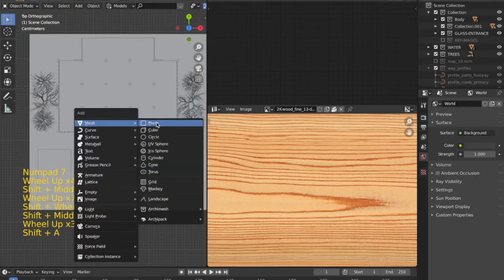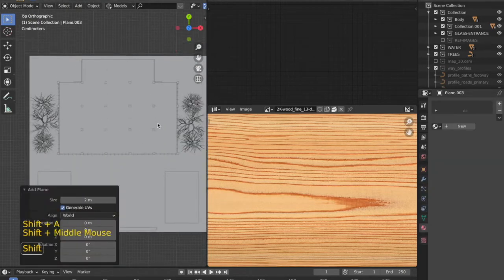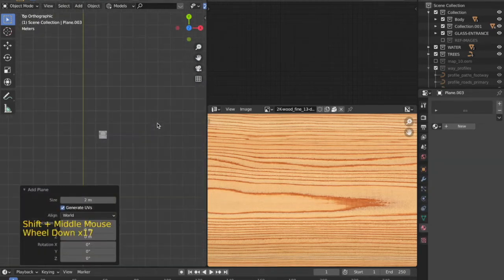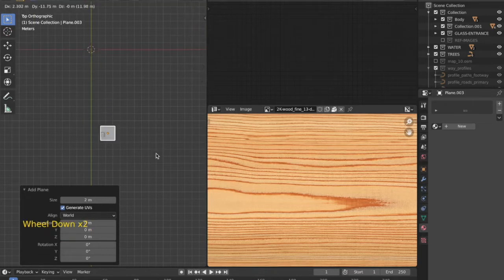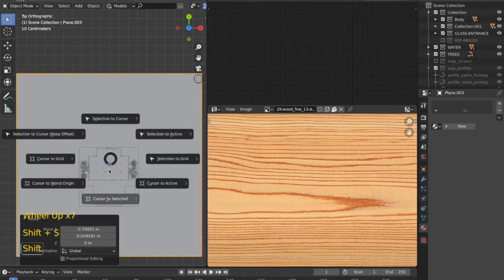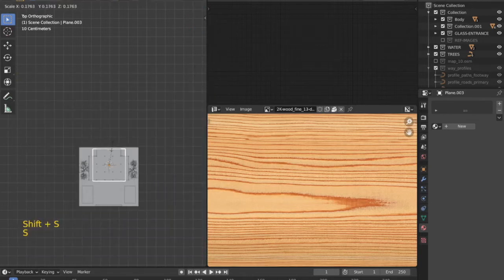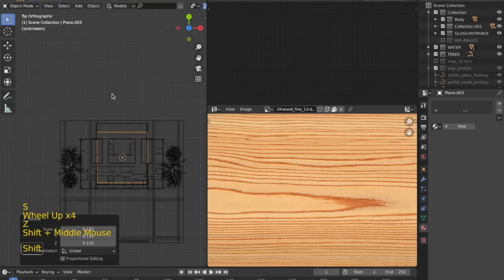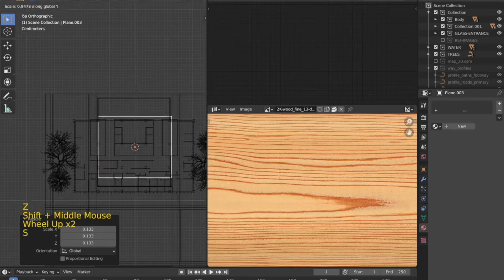Now we are going to add lights to the building. For that I am going to add a plane which would be of the size of the building, and then we would give it some thickness, and then using the emission shader, we will also give it the material of the light that we want. After that we are going to array it across all the floors so that we can get a uniform lighting across the building.